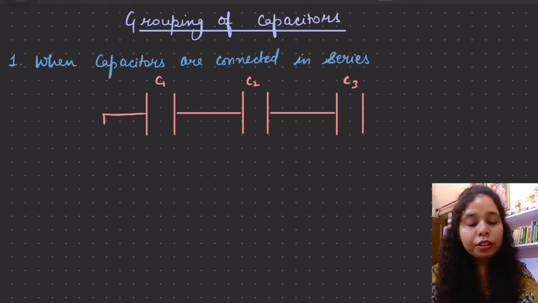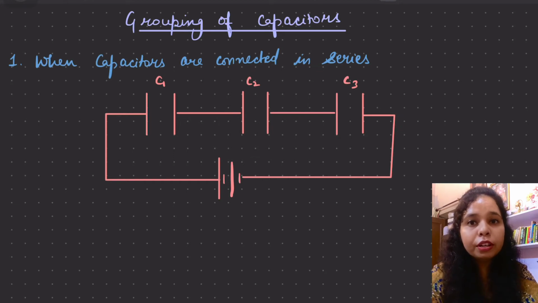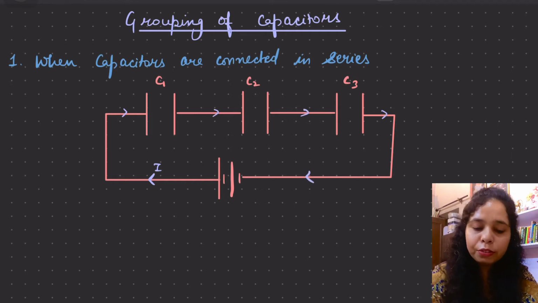Because till now there is no current flowing through these capacitors, we will attach a source of EMF which will send some amount of current in these capacitors. So let us connect this series circuit with the source of EMF, that is a battery. Now this is the kind of circuit where current has only a single direction to flow. So the same current will pass through C1, C2 and C3. Let us mark this current as I. So current I passes through C1, then through C2, then through C3, and then goes back to the battery.